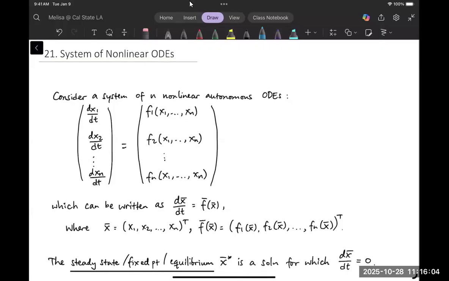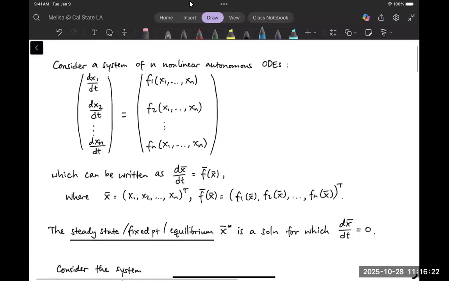All right, so now let's look at the nonlinear autonomous ODEs. So you're going to deal with more than one ODE this time. And if you look at the right-hand side, F1, F2, all the way to Fn, they are not necessarily linear. Okay. So here, if you write it in vector notation, we get dx/dt, which represents the vector